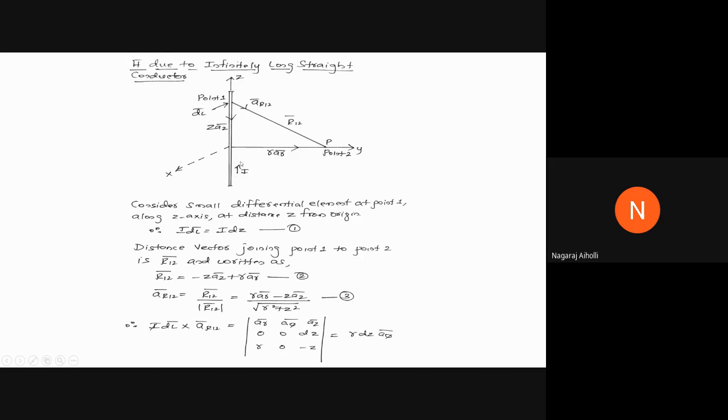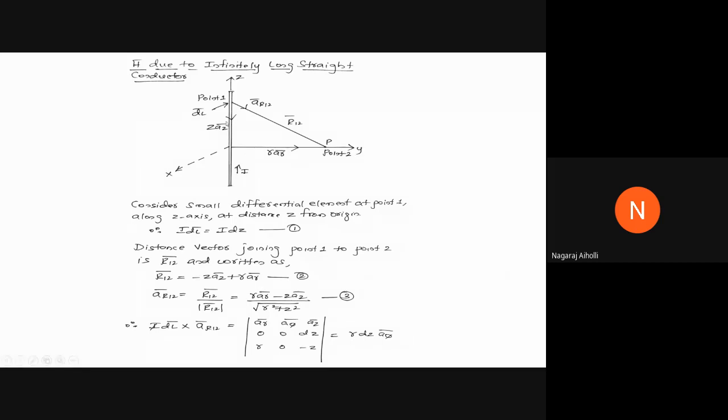This is similar to the derivation that we have already done in module 1, considering the infinitely long straight conductor, where we found the magnitude of the electric field intensity. Here we will be finding the magnitude of the magnetic field intensity H bar, considering the same infinitely long straight conductor, then a finite straight conductor, and similar other topics. Okay.